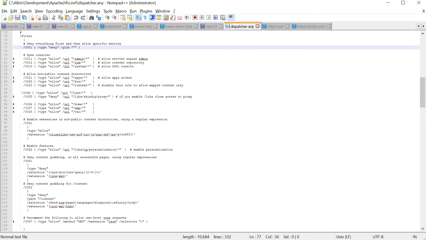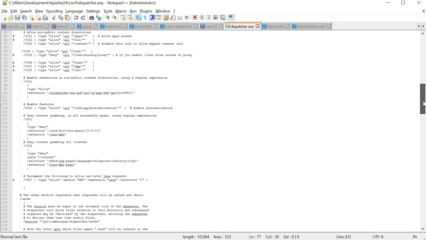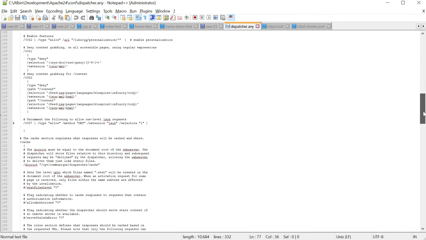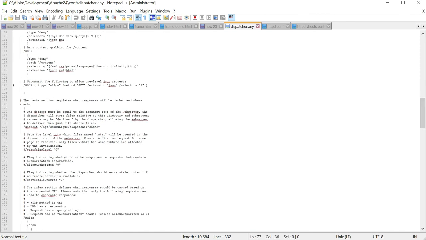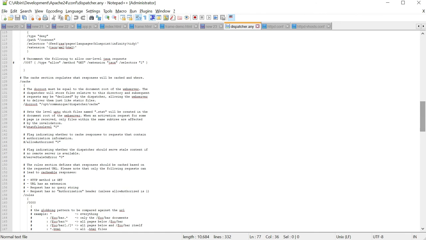If you want to specifically deny something you already allowed, like a wildcard, you can do that with deny also. Otherwise, in most cases, everything is denied and you whitelist what is required. Now another section is cache. Here we are saying the docroot. What is the docroot for this? In most cases, the docroot is going to be the same for all the farm files and all the websites, because AEM always caches the full content path, /content/something, so that it is unique for every website, so the single docroot should be okay.